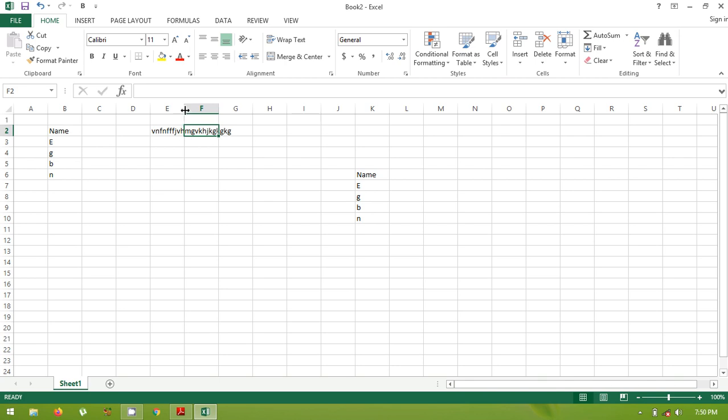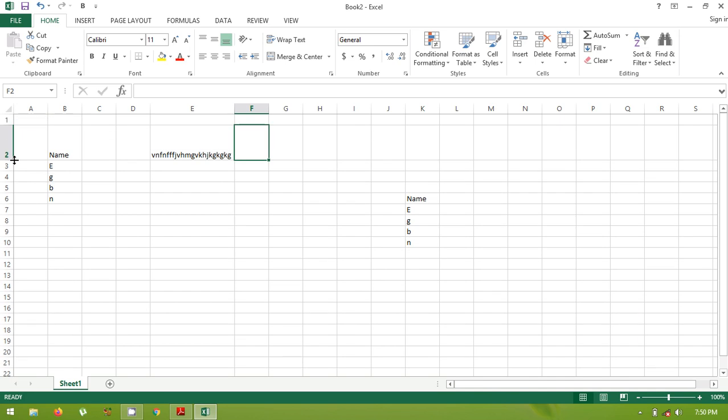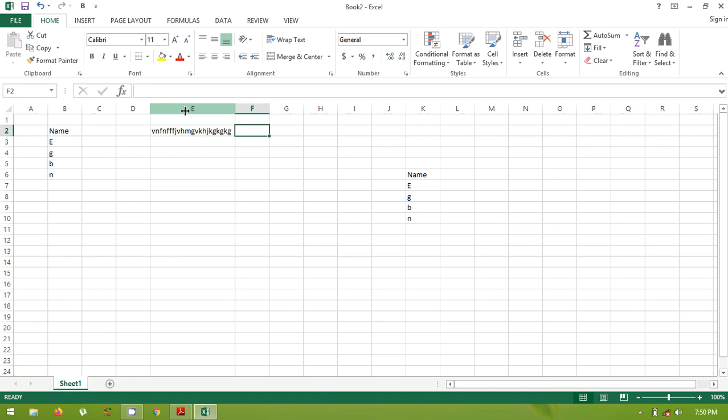Either just put your cursor here, press the left button of your mouse and drag it to the end like this. So this is the first method for increasing your width, and you can come to the row heading and do it like this for increasing your row height as well. The second way is to simply go here, where I enter the data in this column, and double click over here, then it will automatically adjust. The third way is the auto fit feature.